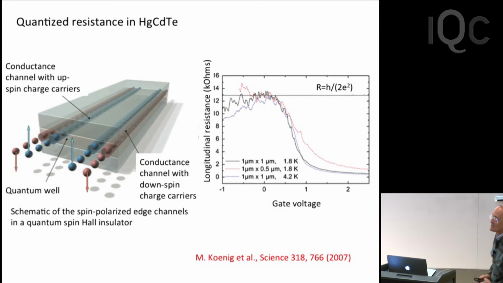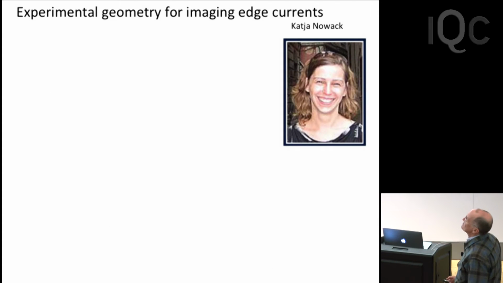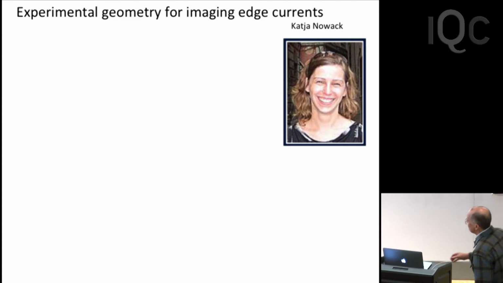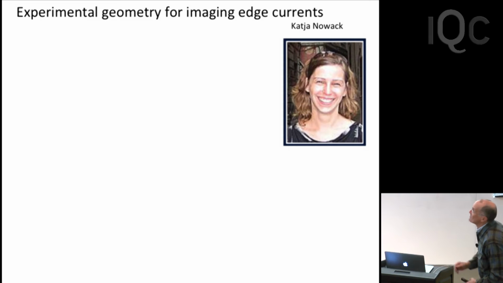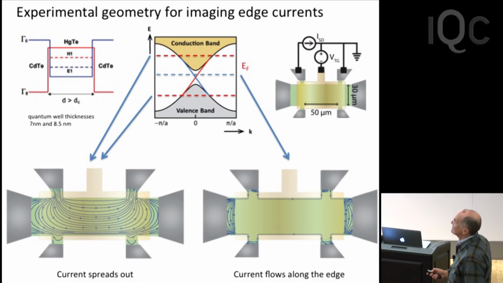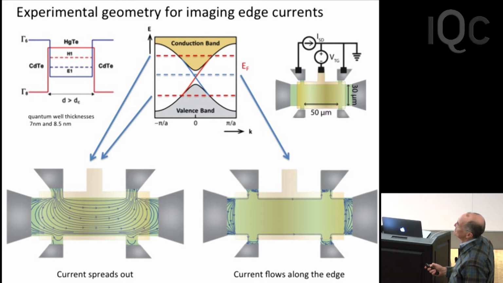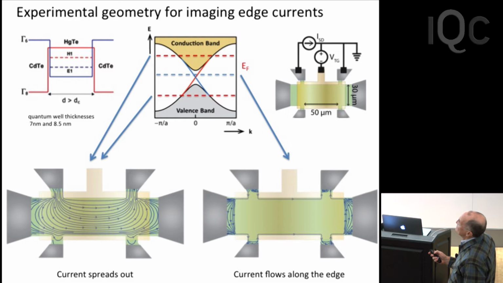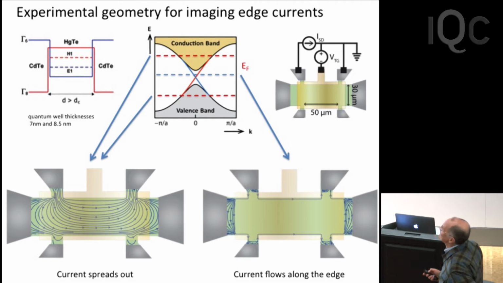The work I'm going to be telling you about was first done by Katja Nowak, who is a very talented postdoc in Cam Mohler's group at Stanford. So she took a quantum well sample, as I've been describing to you, and fabricated a Hall-bar geometry into it. So you have two current leads that run current through the sample, but it's also gated. There's a gold electrode separated by an insulator on top, so you can apply an electric field and change the level of the Fermi level.